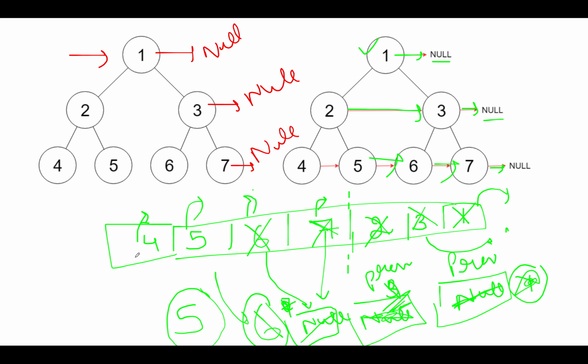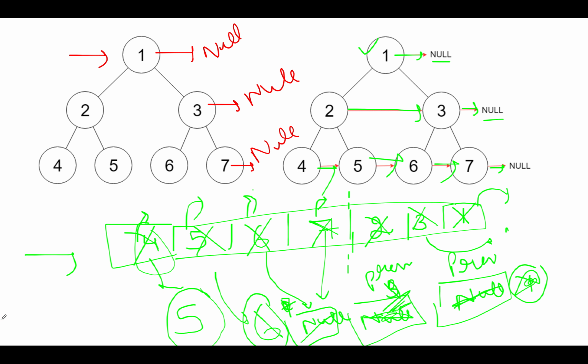What we see next is 4. So 4.right will now point to 5, and we will simply delete this node from the queue. There are no children of 4. We are done with the iteration at the second level as well. There are no more elements left. We are all good. We have set all the pointers appropriately.